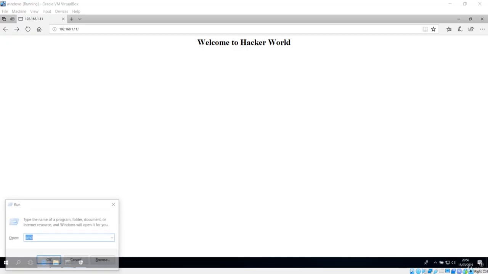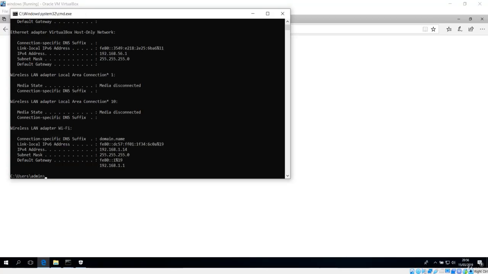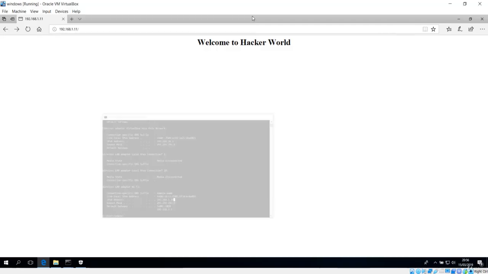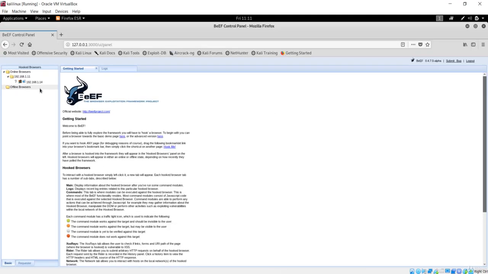So let me show you the IP address. ifconfig. Okay, what am I typing? ipconfig, not ifconfig, ipconfig, and you can see the IP address of this machine is the same one which we have just hooked here. So let's go back to our Kali machine and see this browser.